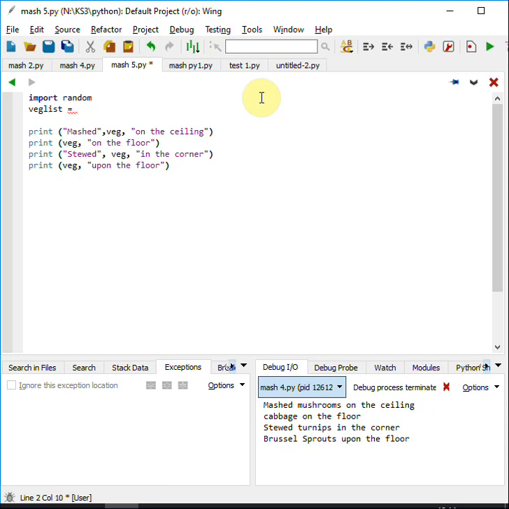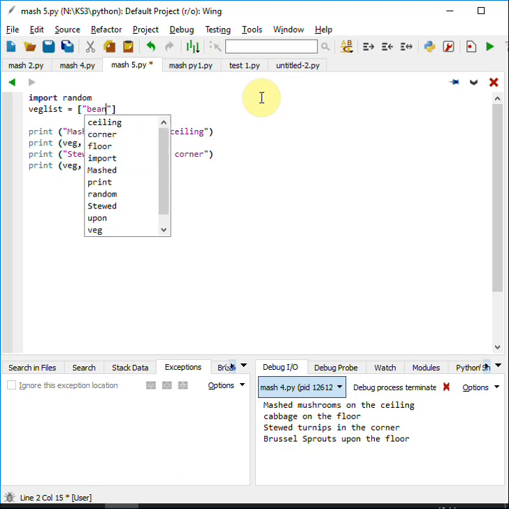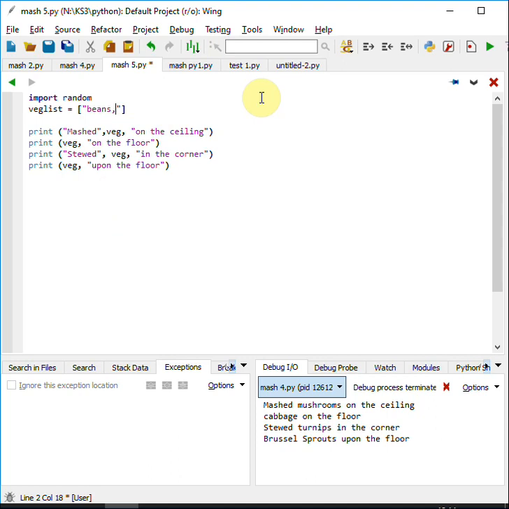So if you look on your keyboard alongside the letter P, you'll see that there are square brackets. These are what we use to create a list. We do have to use speech marks for each one of the words, and they do have to be separated by a comma. So I'm going to start off with beans. Let's just get that comma in the right place. So beans, the comma will be on the outside of that. So beans, more speech marks, broccoli,